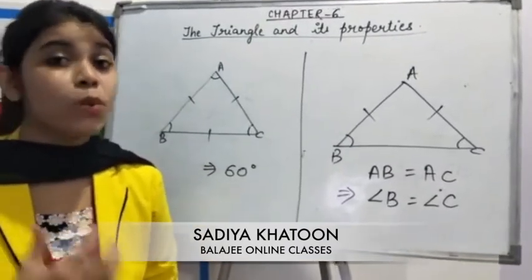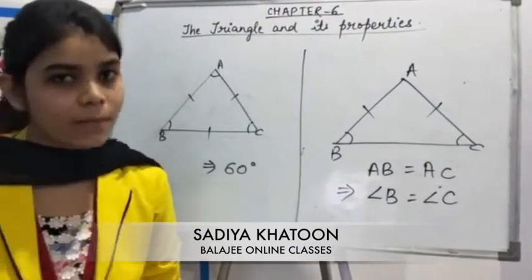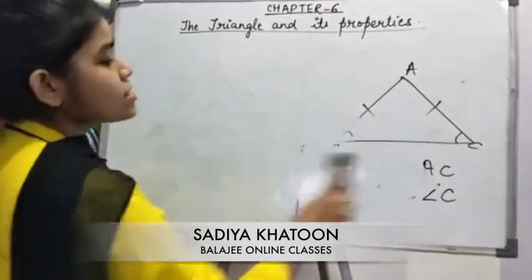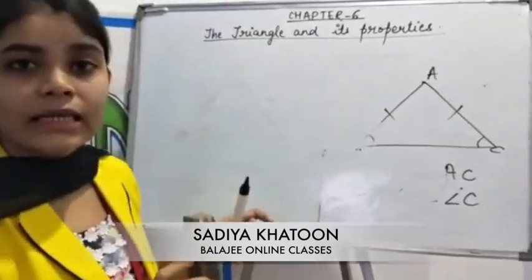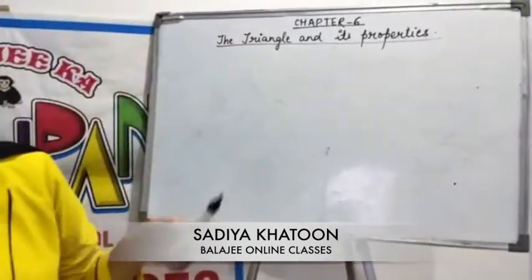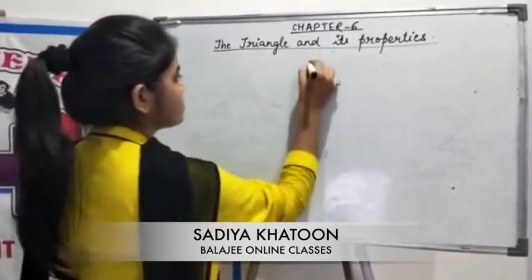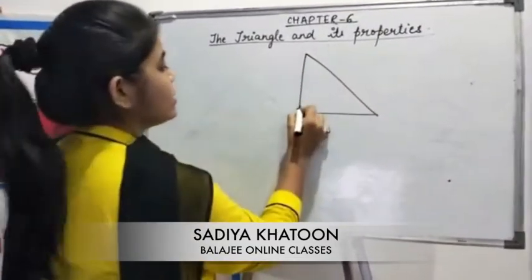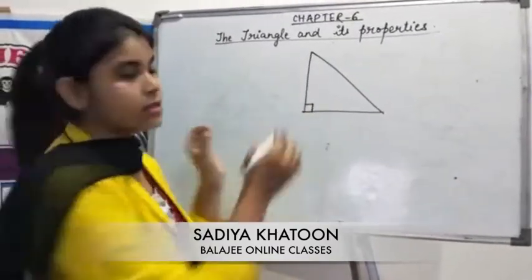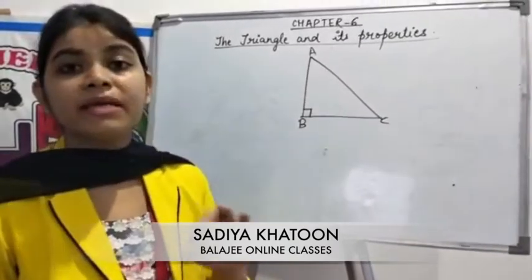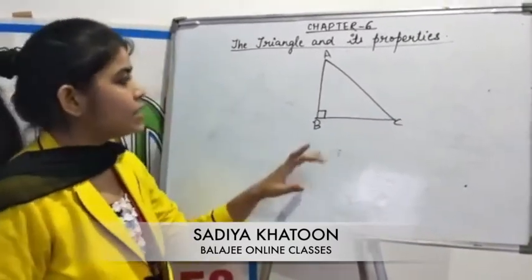So let me tell you what this Pythagoras theorem is all about. Pythagoras theorem सिर्फ और सिर्फ right angled triangle पर ही लगती है। This is a right angled triangle, right angled at B. ये है ABC, और इसमें राइट एंगल है ये B पर।